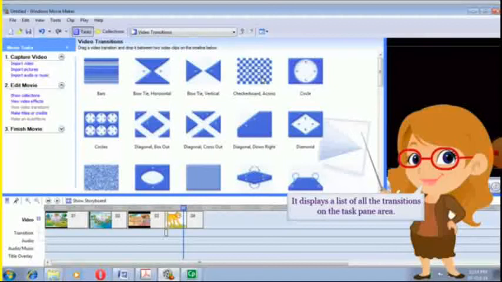First, what you have to do, you have to select View Video Transition. Can you see the option? Select that. The transition effects can be viewed on the content pane. To select the transition, click on the required transition effect. Drag and drop in between the two images or video clips in the timeline. Can you see the timeline? It is added, it is dropped between the two images or video clips in the timeline. Like this only, we can add video transition to the clip.